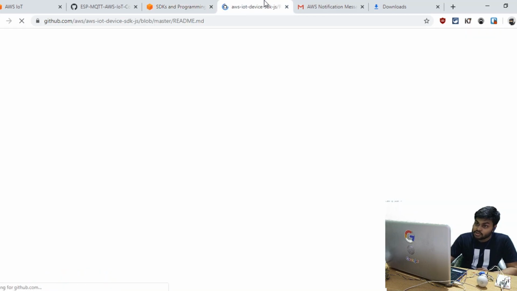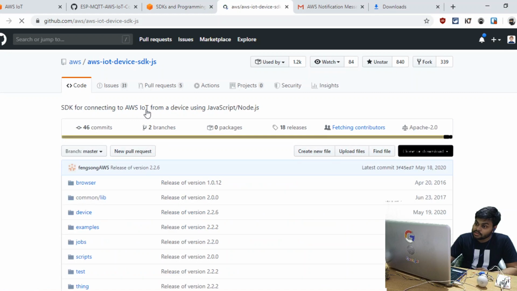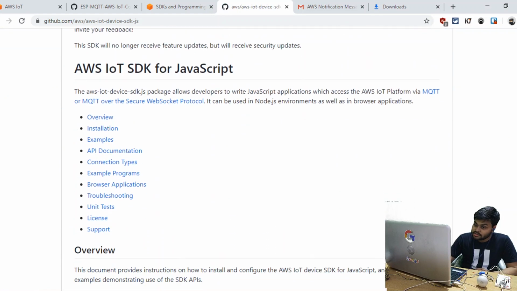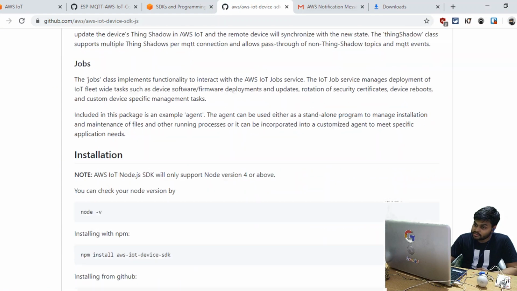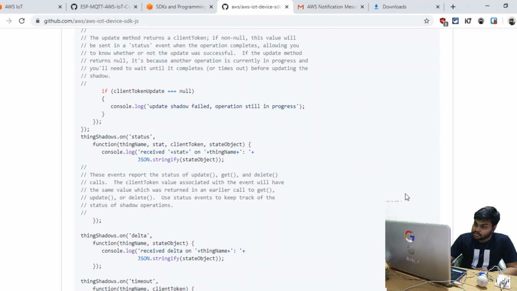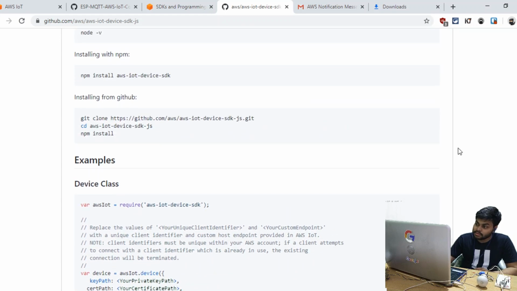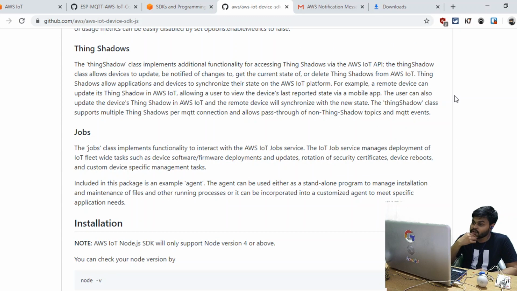Okay, so we have this one, 840 stars. This library is quite simple. This library is the one which I am using in this tutorial, because we can also use libraries like MQTT.js or similar things for connecting to AWS IoT Core.